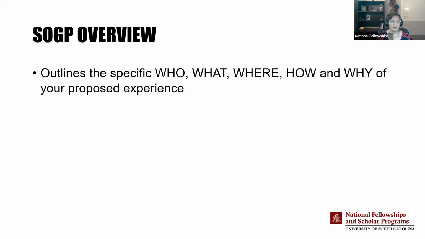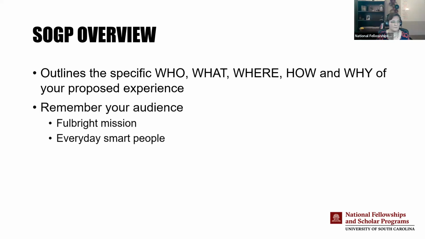So really thinking about the what, where, how, and why, and the who, which of course is you. Remember your audience. When you're thinking about Fulbright review, there are a couple of different stages. The first stage is going to be American reviewers, who are typically faculty members who are either in your discipline, are experts in the area that you've chosen, or have other expertise that's applicable to your application. So you're going to be writing to American faculty,